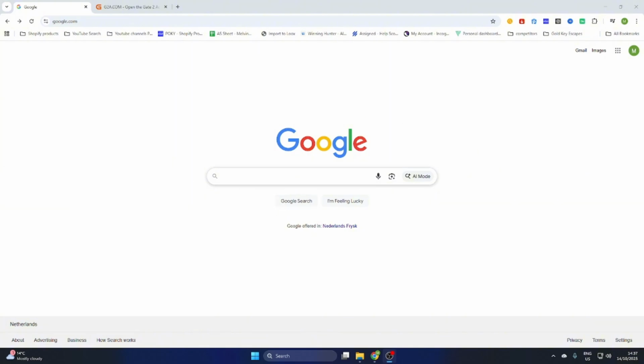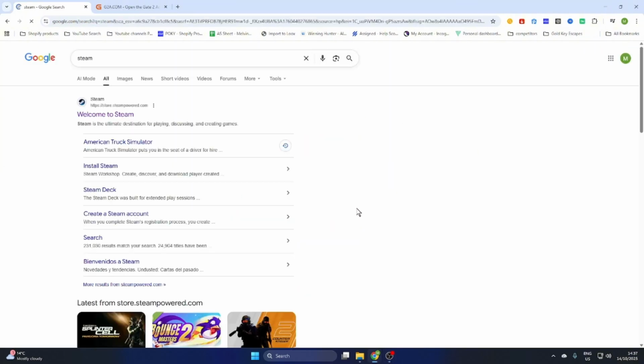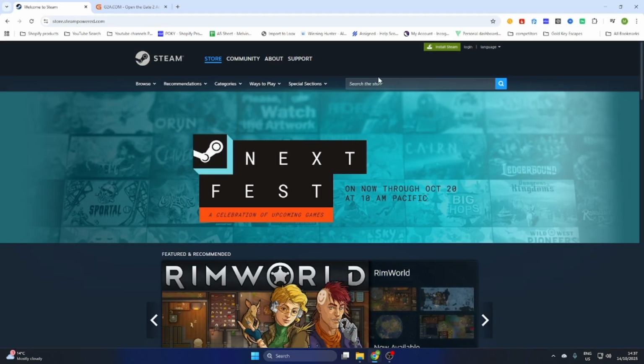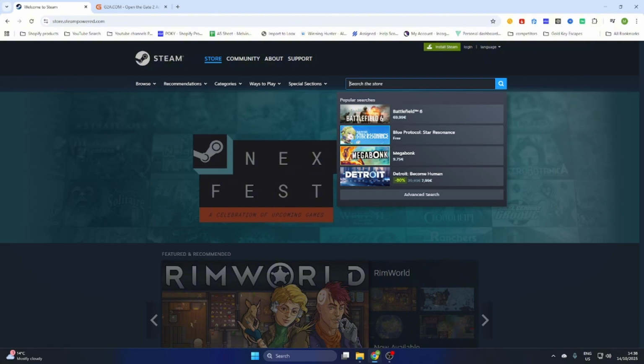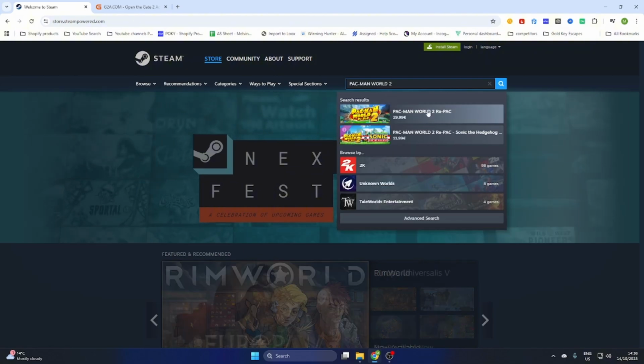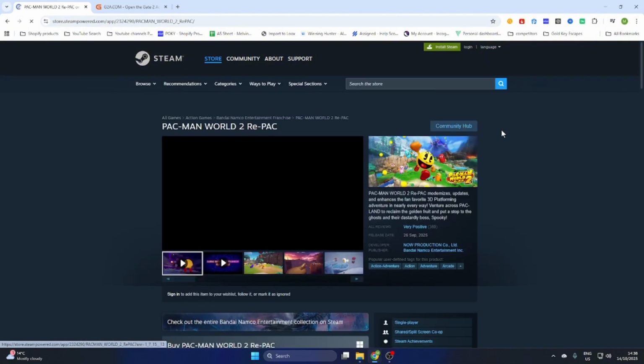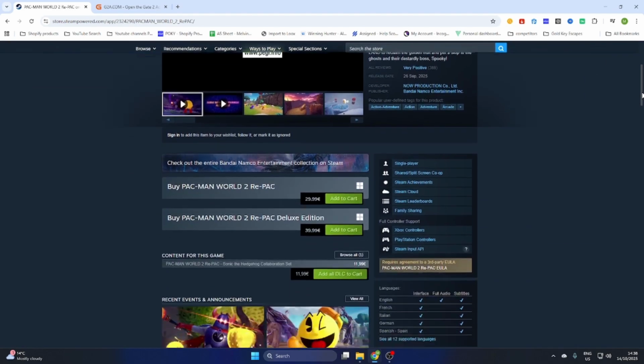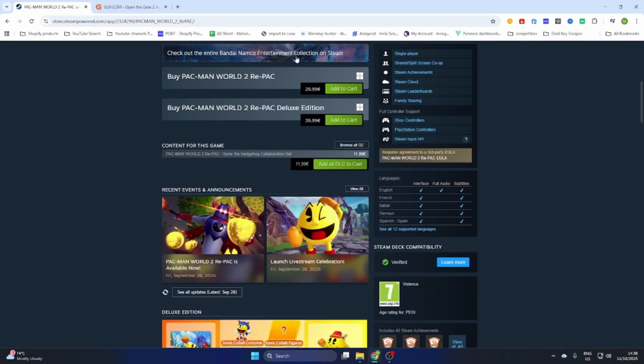Once you have done that, we can quickly search up this game at Steam before we continue to another website to download this game without overpaying. So quickly search up the game Pac-Man World 2 and then select it. After that you will be opening the game page. Then scroll a little bit down and you will find out that this game on Steam is